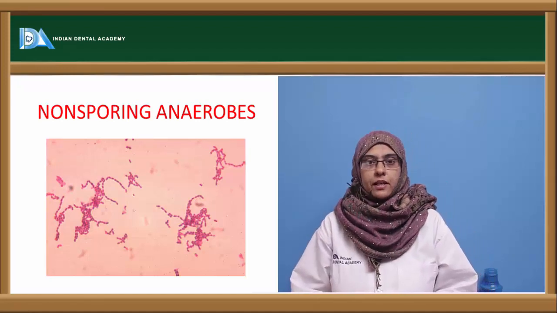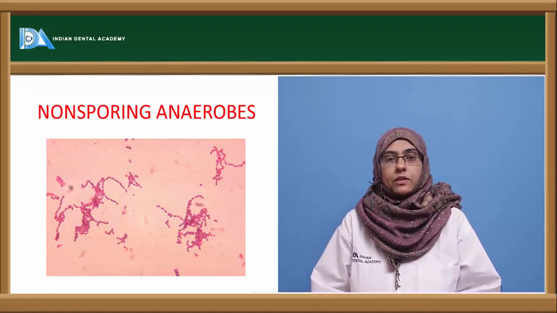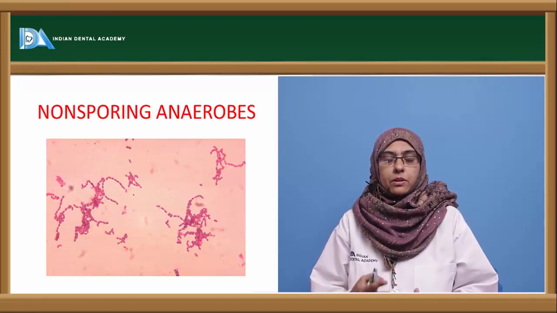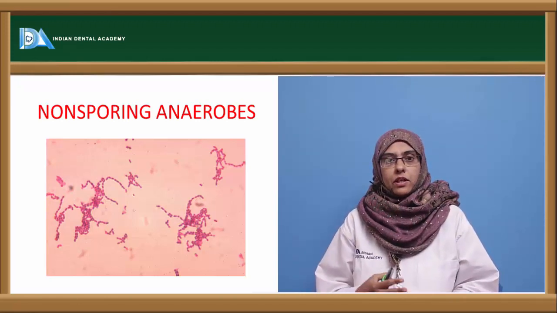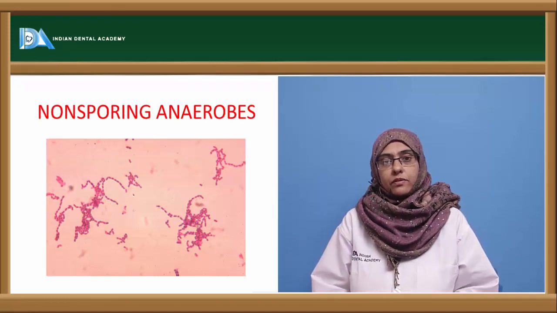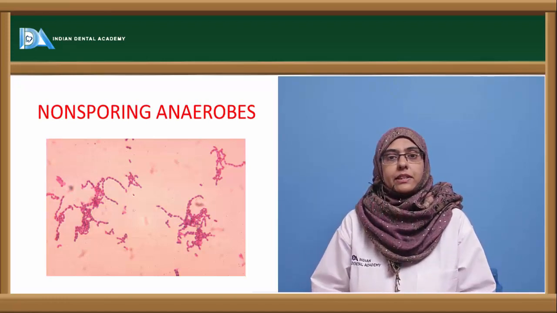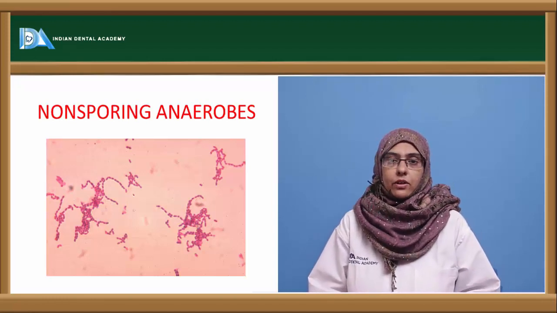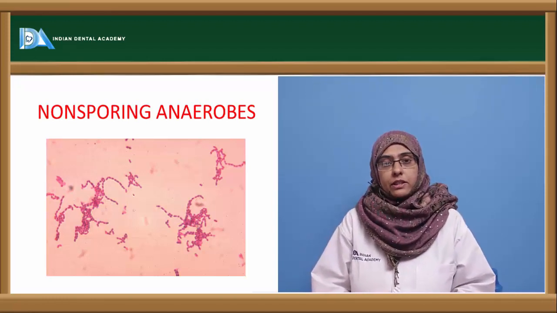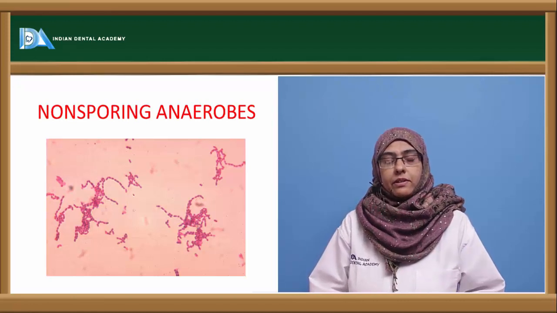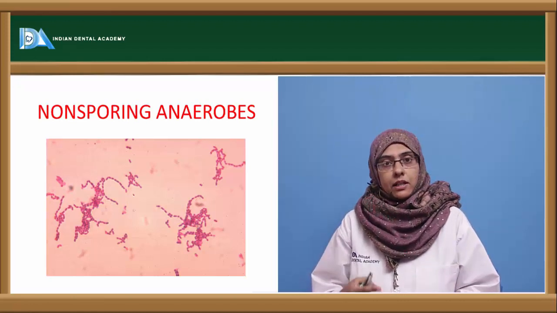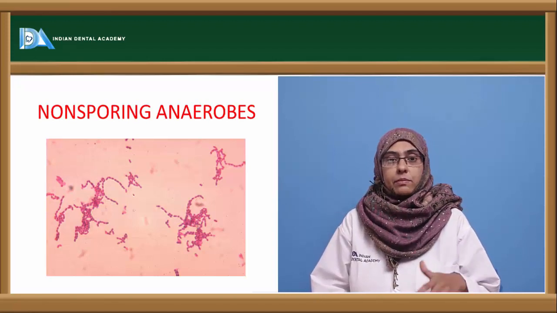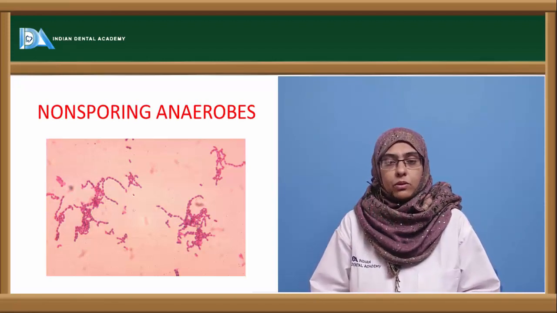Non-sporing anaerobes. Anaerobes are the organisms that cannot survive even with a little amount of oxygen. Based upon the presence or the absence of oxygen and the growth of the organism, we can classify bacteria into two major types: the aerobic organism and the anaerobic organism. Aerobic organisms can very well survive in the presence of oxygen, but there is a certain group of bacteria that cannot tolerate oxygen, and the mere presence of oxygen can inhibit the growth of these